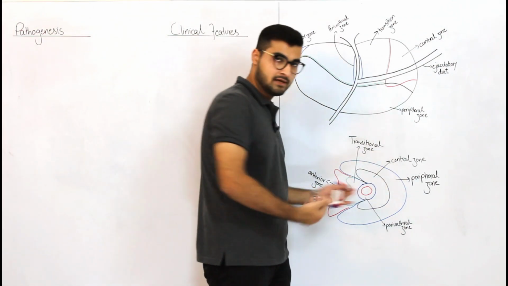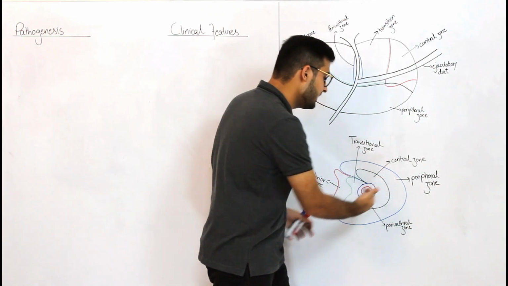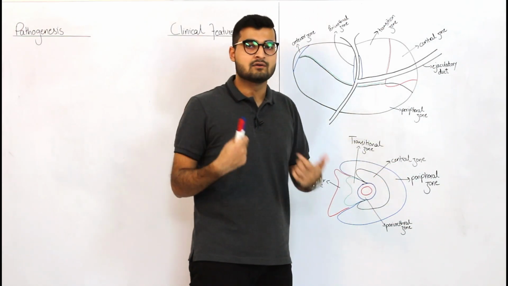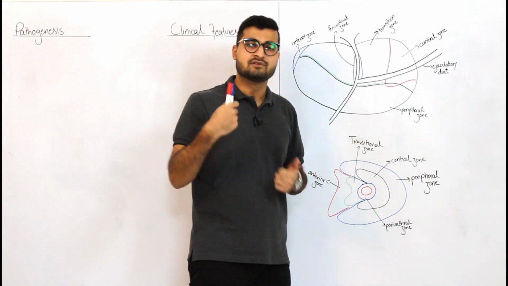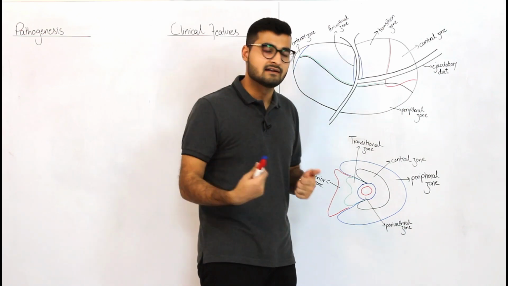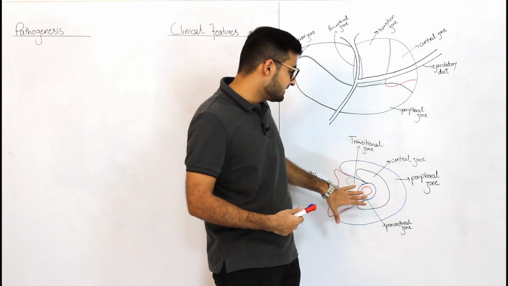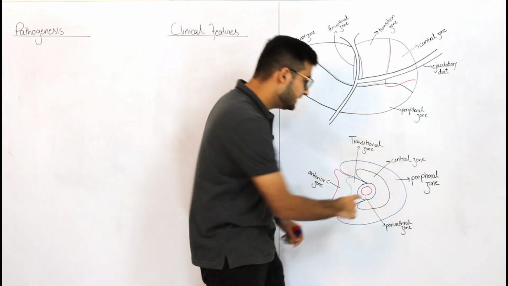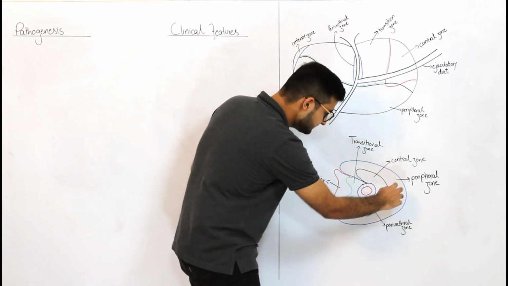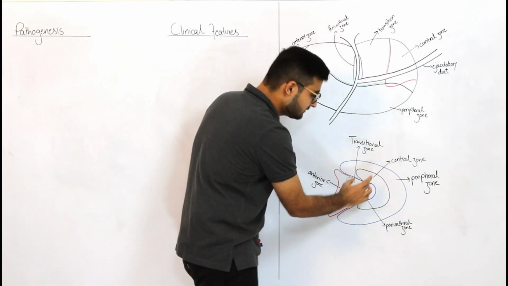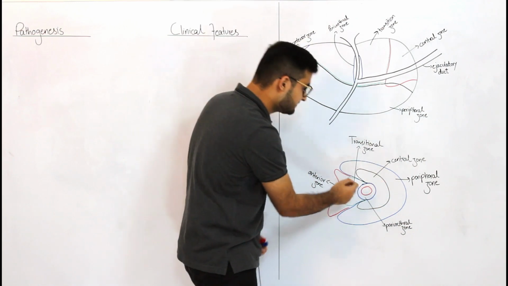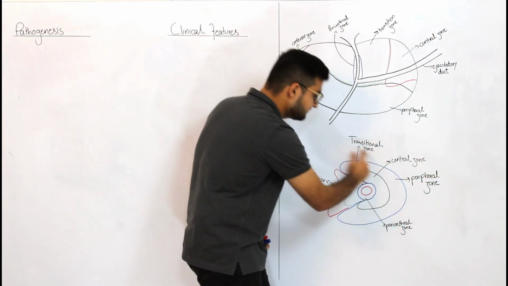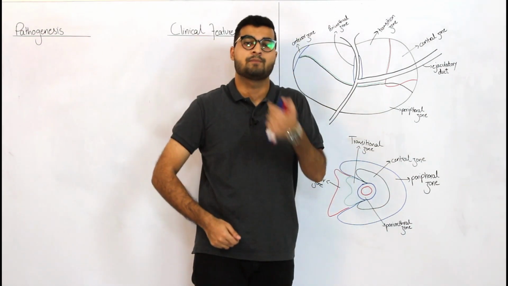Now behind the periurethral zone, what do you have? Immediately behind it you have your central zone. The central zone is usually comprised of stromal cells, epithelial cells and glands. And posterior to the central zone, usually covering the whole periphery of the prostate, is your peripheral zone. If you notice, in the center you have the urethra, periurethral zone, central zone, transitional zone. The peripheral zone is just in the periphery, this blue part.